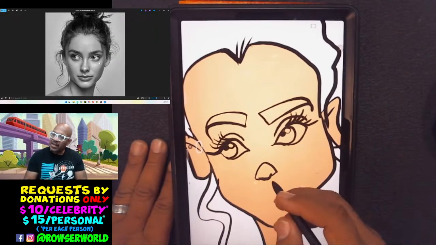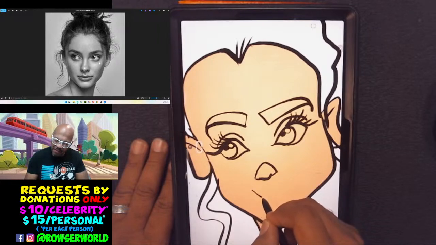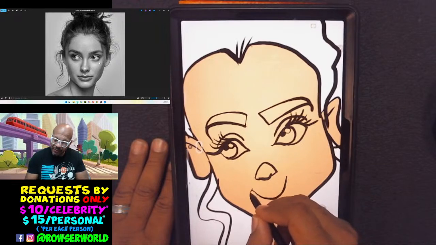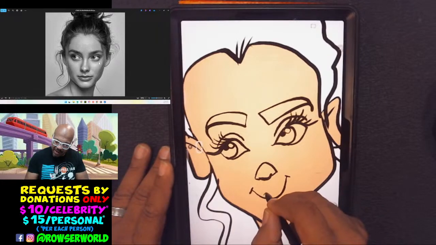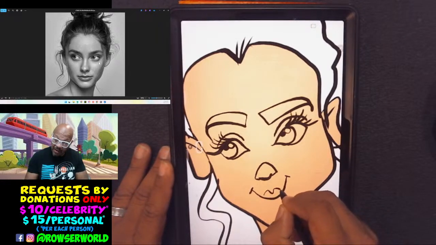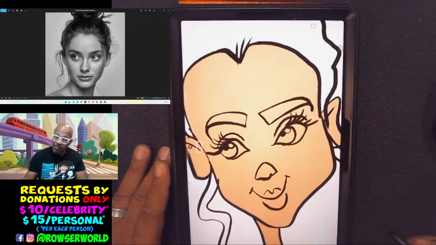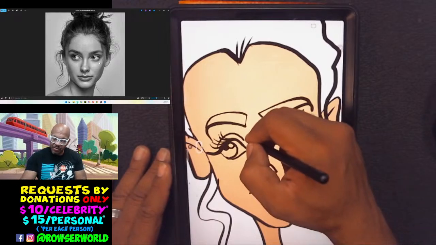And then we're going to draw our little mouth. She has a very small mouth. So we're doing the basic smile first, and then we come back and add our lip shape. Now we can come back and do